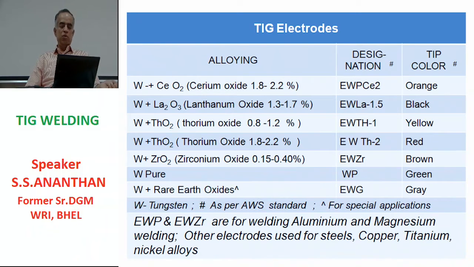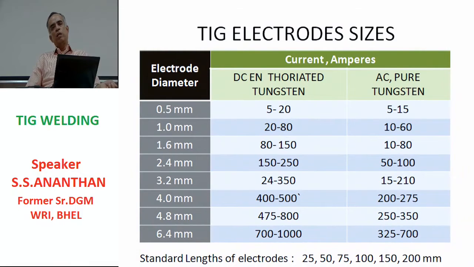Whereas the other two, zirconium oxide and pure tungsten, are employed for welding of aluminum and magnesium alloys. To give an example of the current carrying capacity of the electrodes, this particular table is provided to you. You can see the diameter of the electrode starts from 0.5 millimeter and goes up to 6.4 mm at various steps. And you can see the current carrying capacity also starts from 5 amperes to 1000 amperes for the